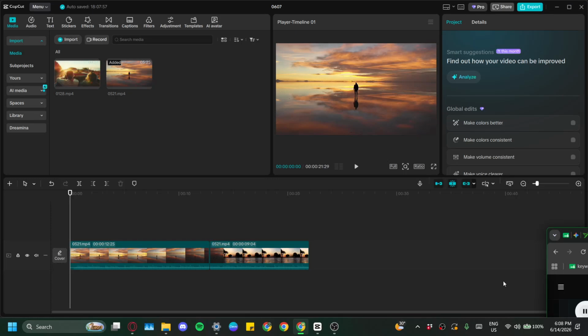In today's video, I'm going to teach you how to insert a filter in CapCut PC. If you want to enhance the colors of a screen recording or give your video a cleaner, more stylish look, CapCut makes the process very simple. Filters are a quick way to improve the overall feel of your project without having to do manual color adjustments